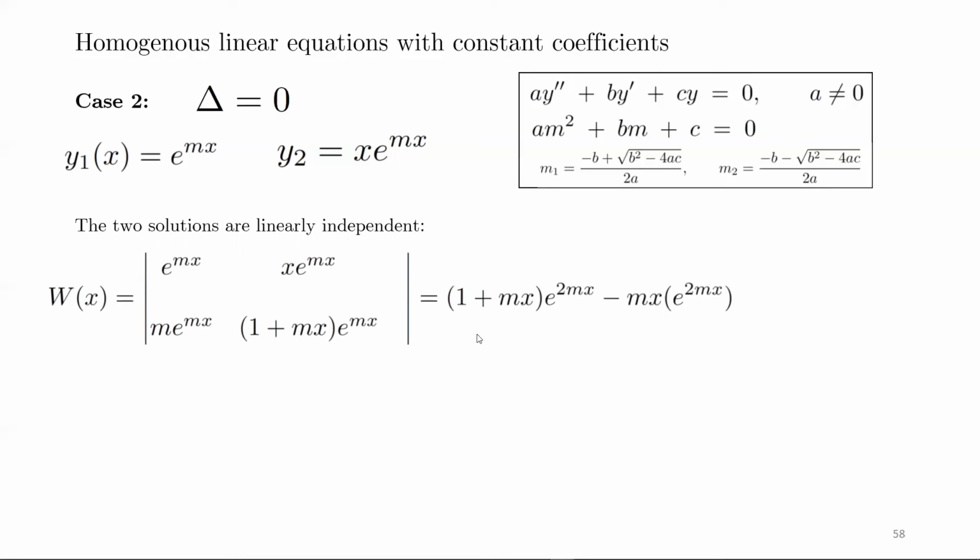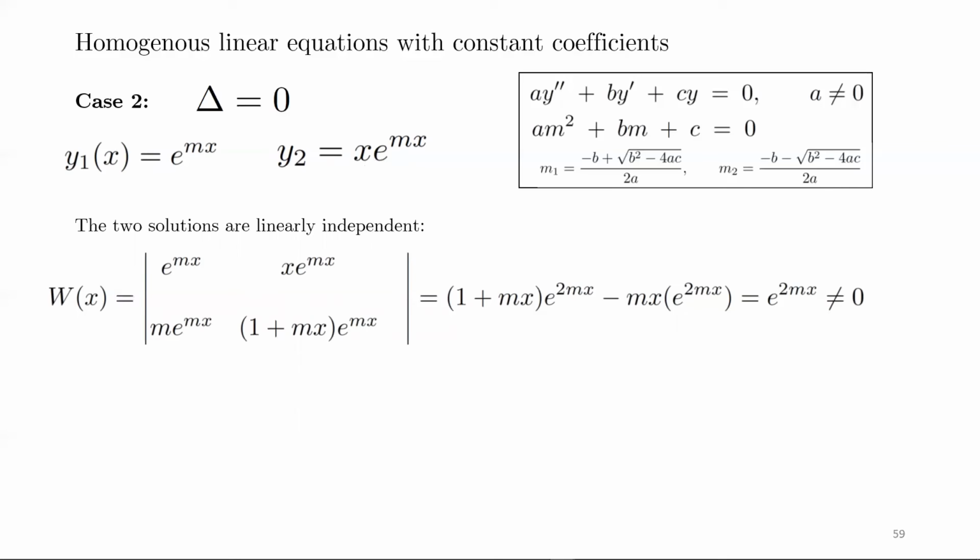Okay, so this is what I get when I take the determinant. And you can already see that the mx times the exponential is going to cancel here, right? So we're going to end up with 1 times e to the 2mx. And again, this is never 0 for any finite value of x. Therefore, these two solutions, y1 equals e to the mx and y2 equals x e to the mx,